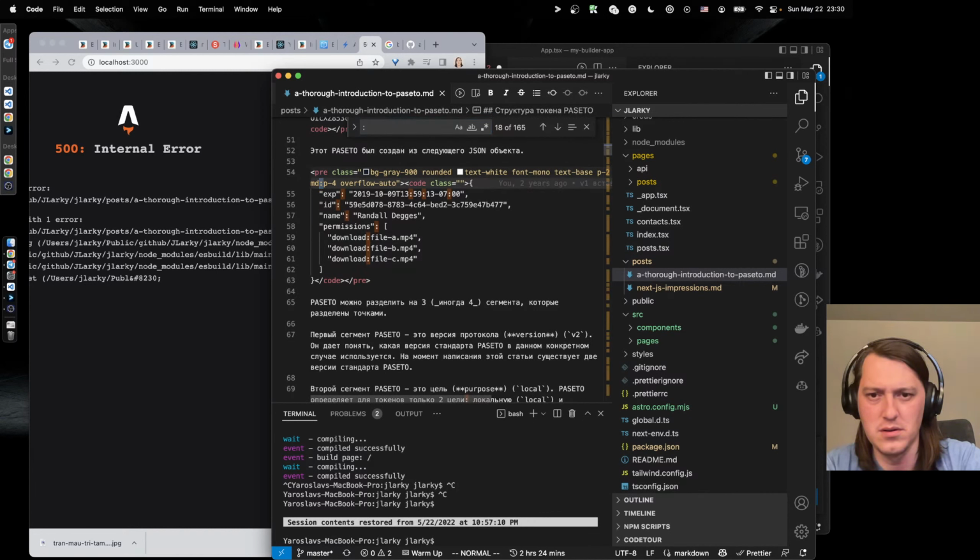Yeah. Okay. So we were talking about styles and stuff. This one still got some styles from the outside. So this style here and this style here, they're not the same.